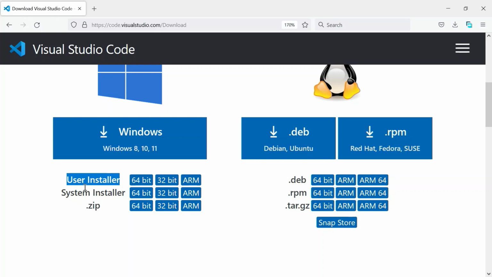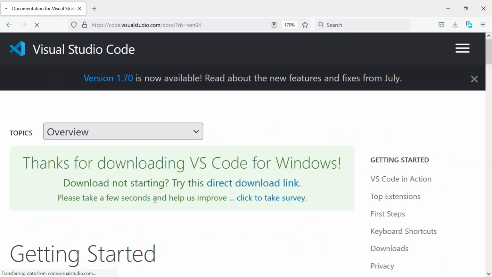However, if there are multiple users which can log in on your Windows, then you should install system installer. So I am going to download the system installer so that multiple users logged in on the Windows machine can use Visual Studio Code. So let's start its download and click on it,